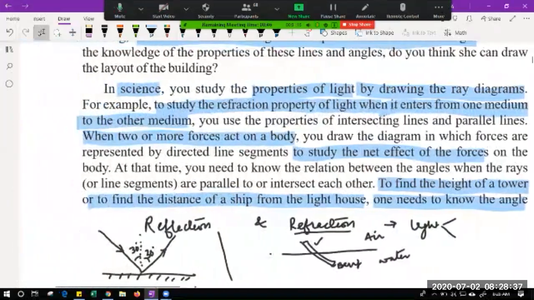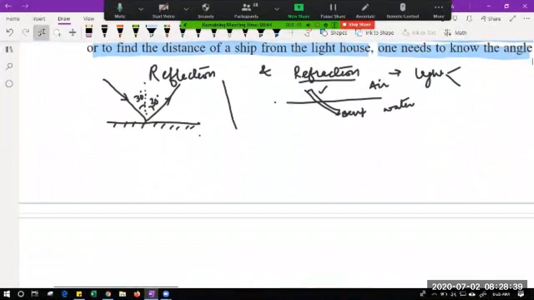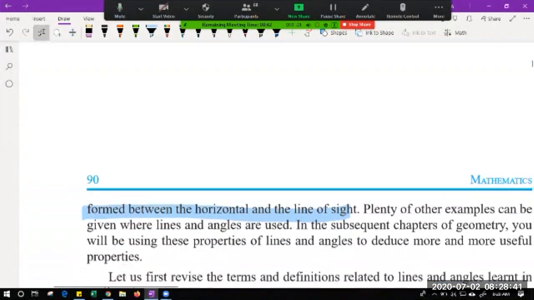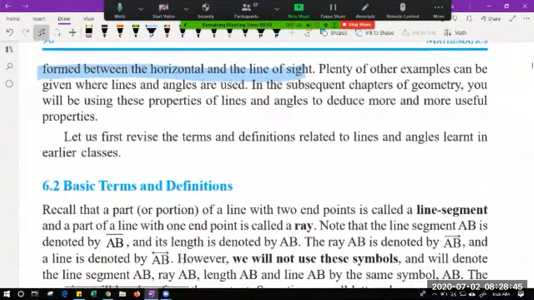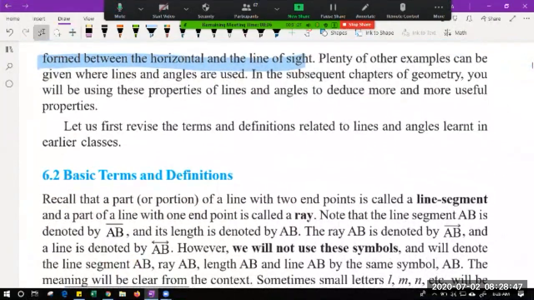Now you must be thinking, sir, I'm not going to study mathematics in the future. Why is it useful for me? Till class 10th, whatever we study is just a general idea that will help you in all the fields of life, wherever you go. Okay, so never underestimate till class 10th. These are basic knowledge that you should know.